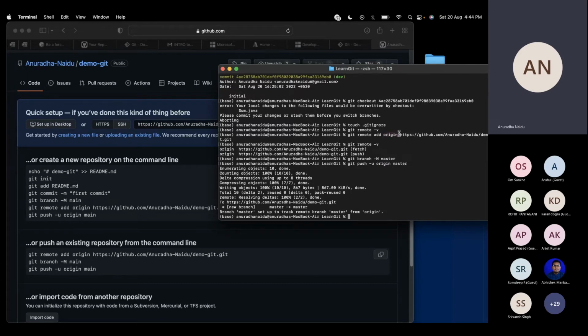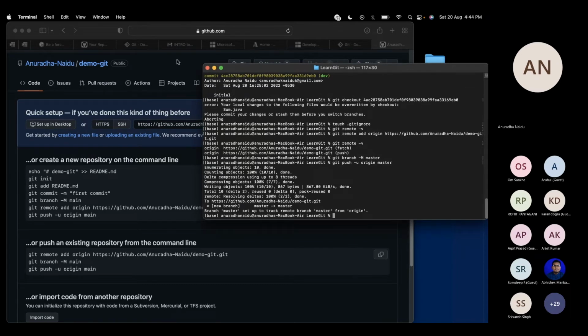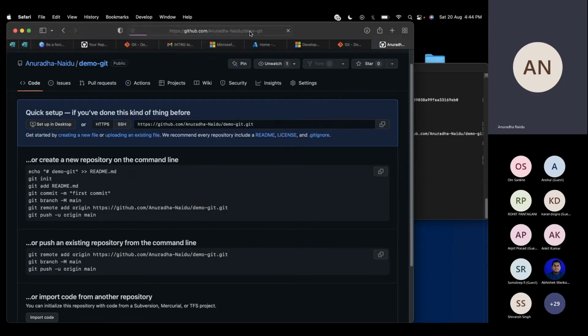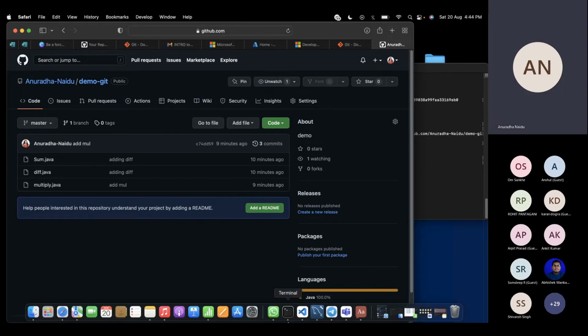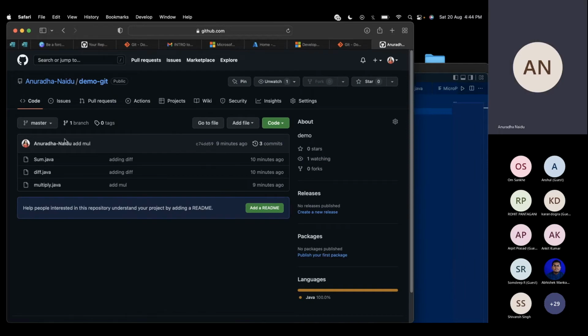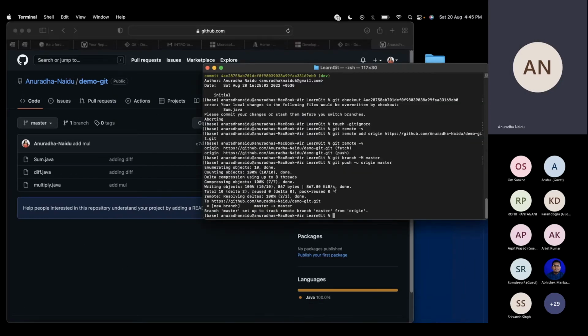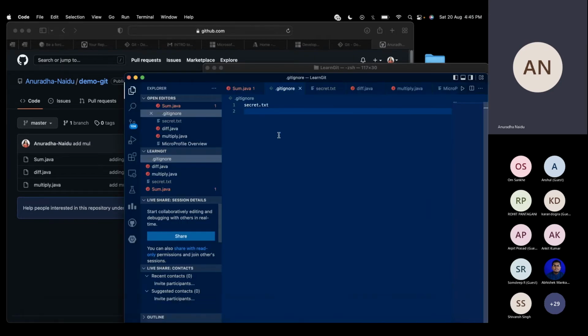This is the default name we use. We can use any other name too. Now, if I load this page, okay, whatever VS Code files I had created here have been pushed to GitHub. Now, one more thing, if I make some changes in a VS Code file,